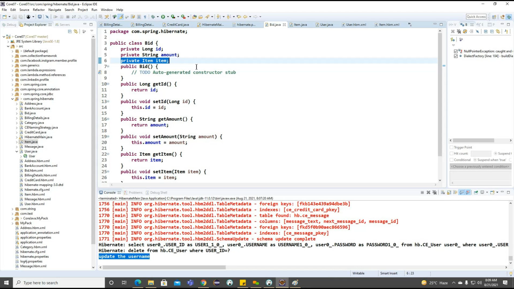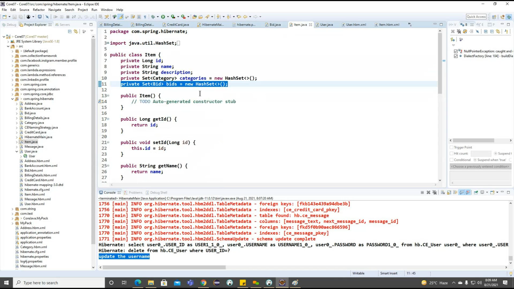Now what you are understanding here is the relation. So from bid to item, we have many to one, and from item to bid, we have one to many. Getting the point?